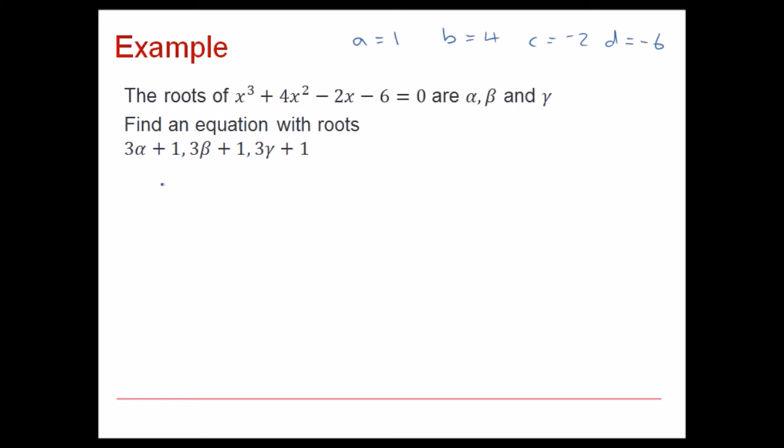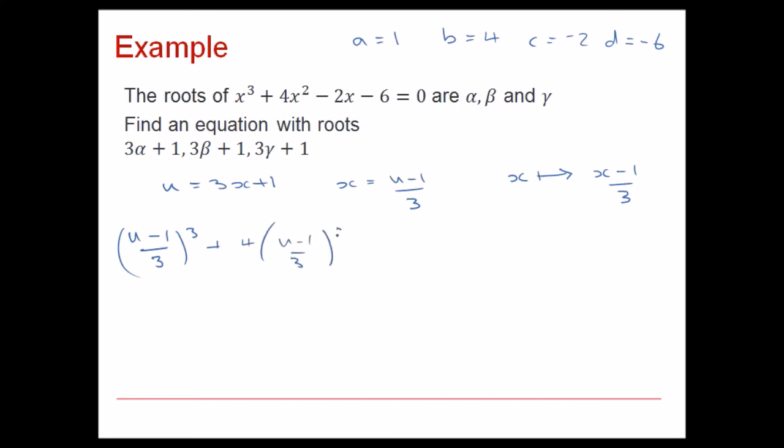If you use the substitution u equals 3x plus 1, then x will be replaced by u minus 1 over 3. Or if you prefer not to use u at all, just think about it as x mapping onto x minus 1 over 3. Using the substitution, we would have u minus 1 over 3 cubed plus 4 times u minus 1 over 3 squared minus 2 times u minus 1 over 3 minus 6,